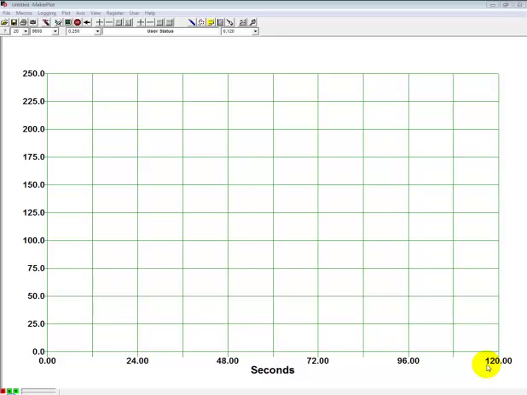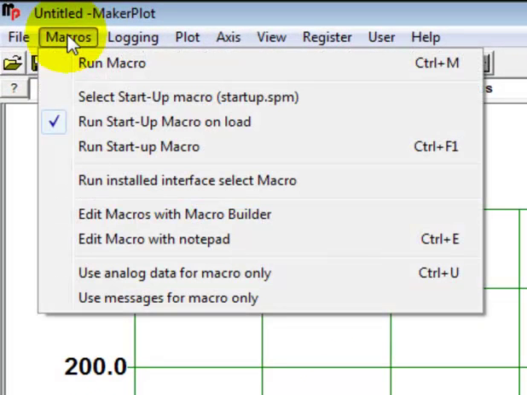This video is about the MakerPlot macros menu. Let's click on it now. And we see a variety of choices here, which we'll get into in a second. I should say, though, that the macro menu is somewhat premature for explanation at this point, since we're just using a no-frills plot, but we'll mention some of its functions anyway in preparation for your learning more about it in